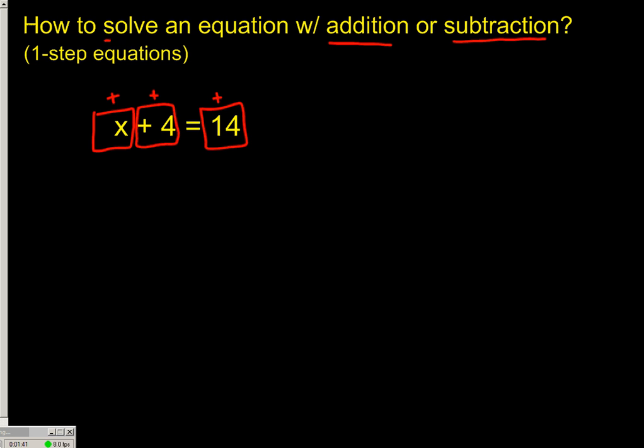If we want to solve an equation, we want to get the variable all by itself. So x has plus 4 beside it, so let's just minus 4. Suddenly the equation is not balanced, so I have to do the same to the other side to keep the balance of the equation. We pull our x down because we did absolutely nothing to it. Now here, positive 4 minus 4 becomes 0, so I don't need to write that down. And then 14 minus 4